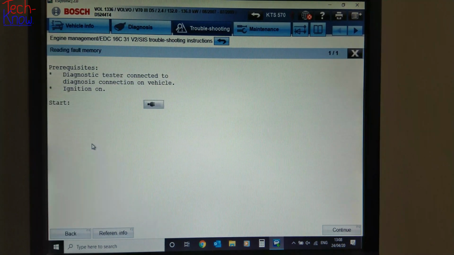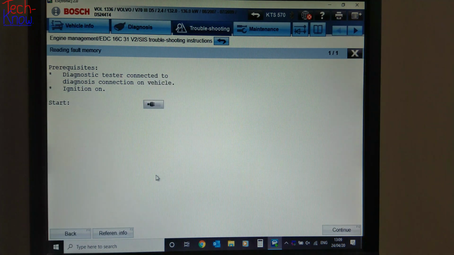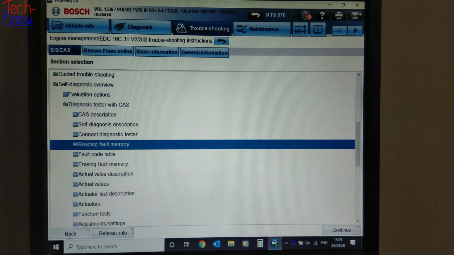And if we click here, we get to the point where we can actually read the fault memory from within the technical information system. So if I now click on read fault memories, it will fire up the KTS tester again, try and communicate with the KTS, and then once the KTS is up and running, it will retrieve the fault codes for us. I'm not going to do that because we've already had the fault codes out of this car when we were looking at it earlier on in the video. So I'm going to come back from there and move on to the next section, which is the fault